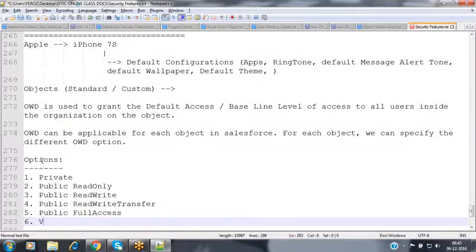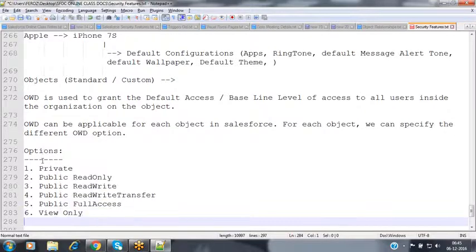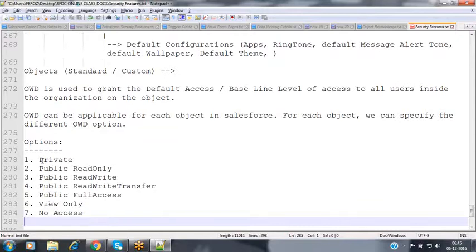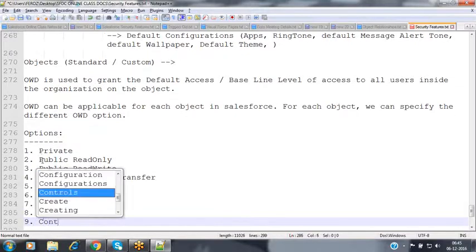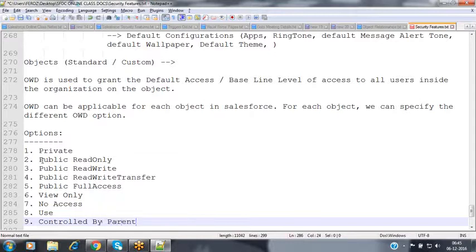The sixth one is view only. The seventh one is no access. And the eighth one is use. So these are the various OWD options available in Salesforce. Along with that, we have one more option, controlled by parent. These are the various options available when coming to the OWD.